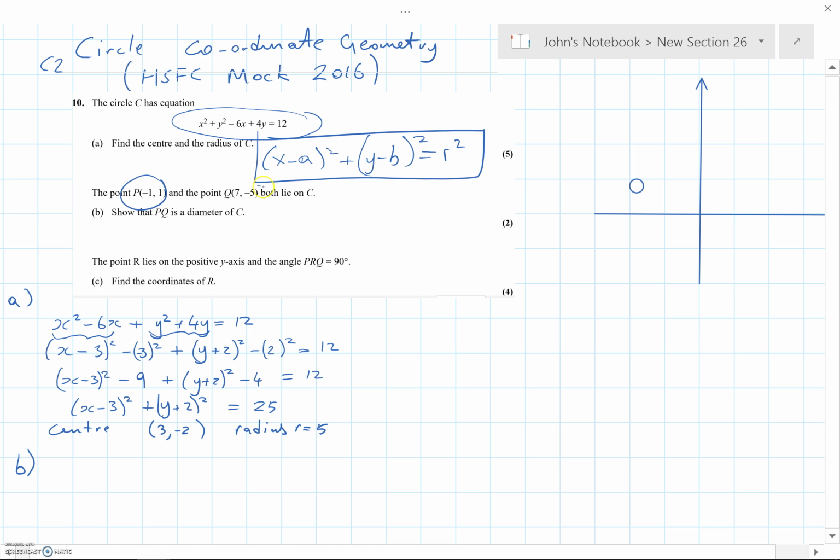Also, if we find the midpoint of P and Q, and we see that that's the centre of the circle, that's another way of doing it. That's what I'm going to do now. So the midpoint of PQ is the 2 x coordinates added together, it's like the average really, divided by 2, plus the 2 y coordinates added together, divided by 2. So that gives us (3, minus 2),